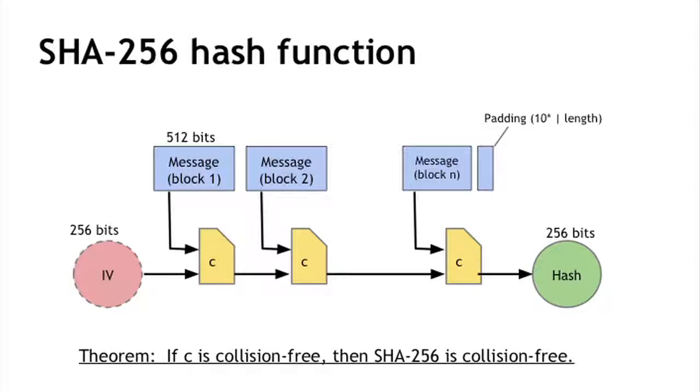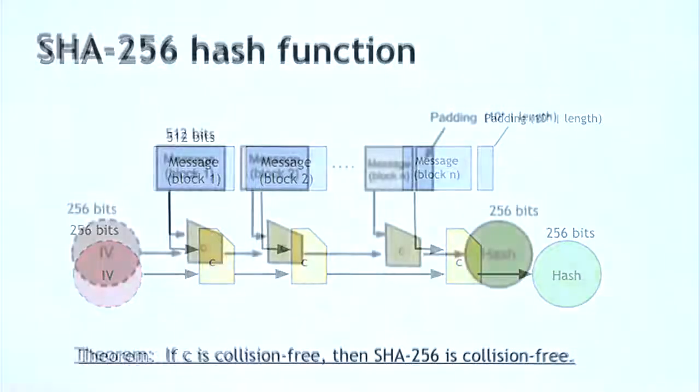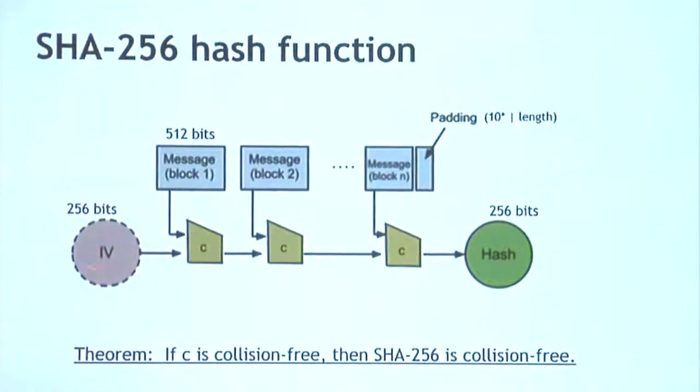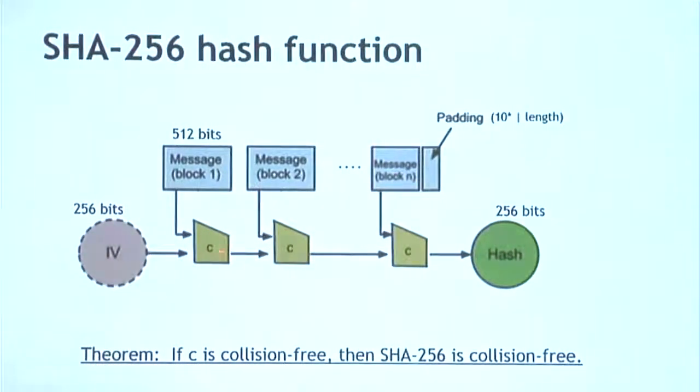So once you've padded the message so that its length is exactly a multiple of the 512-bit block size, you then chop it up into blocks, and you execute this computation. You start with a 256-bit value called the IV. That's just a number that you look up in a standards document. And then you take the IV and the first block of the message. You take those 768 total bits, and you run them through this special function C, the compression function,